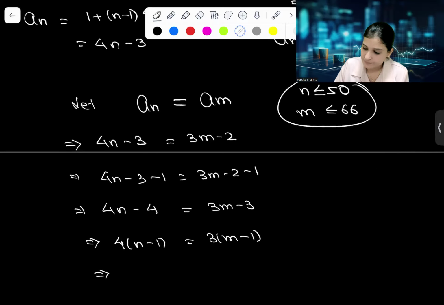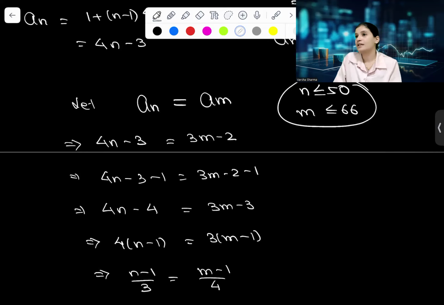Cross multiply: (n minus 1) by 3, (m minus 1) by 4. Right? I want to find n and m which make them equal, and n cannot go beyond 50, m cannot go beyond 66. What I'm trying to do is express both of them as a multiple of some other